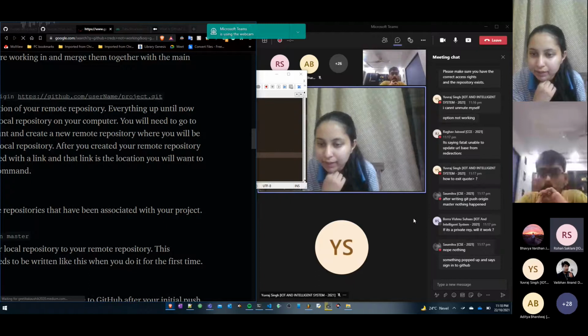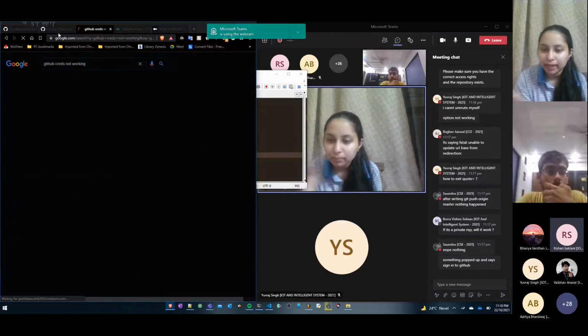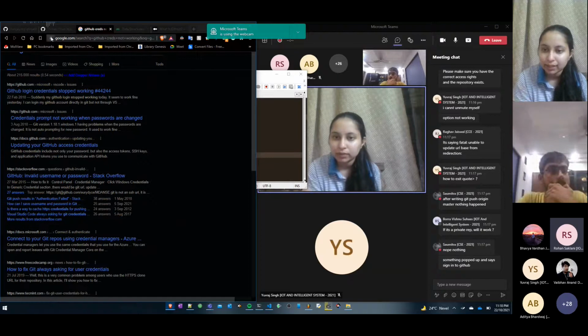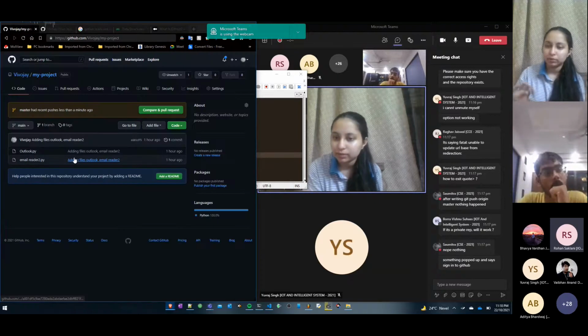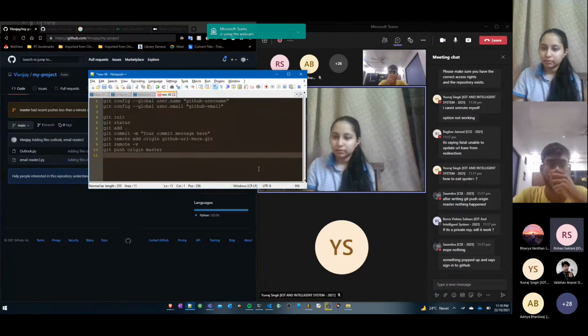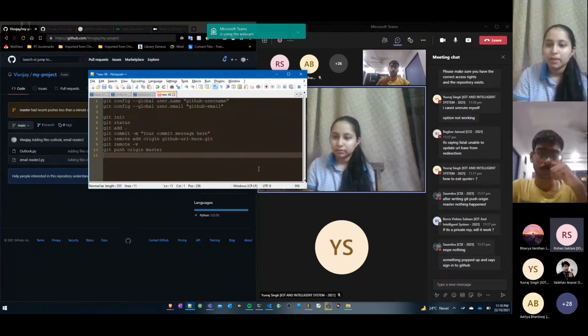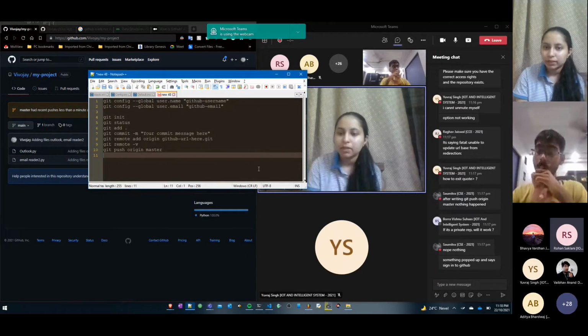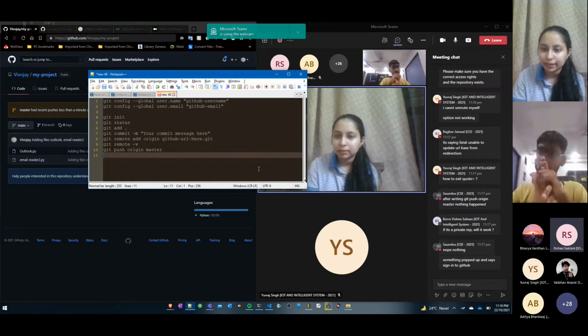Yes, correct. If it is trying to sign into GitHub, please write your email ID, write your password, and let it sign in. That is a procedure. That is a step. You need to sign in after writing this command git push origin master. So write your username and password, and then you will be able to commit the changes to your repository.